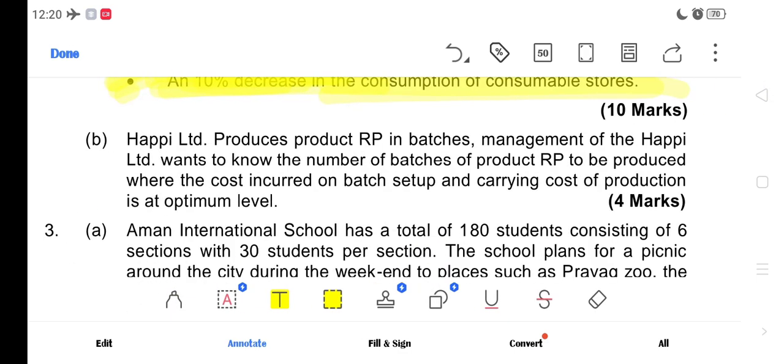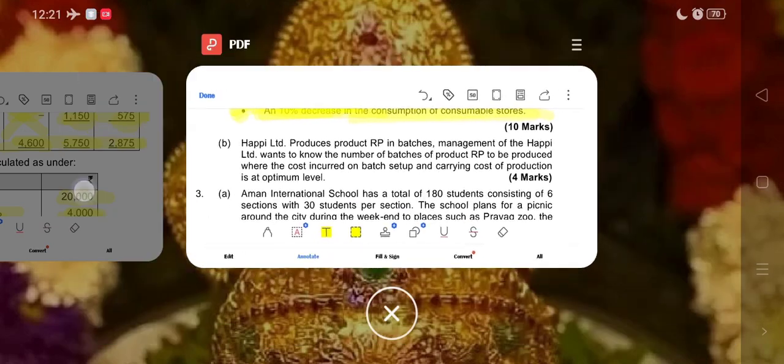Now in part B they are asking about Happy Limited, which produces product RP in batches. So management of Happy Limited wants to know the number of batches of product RP to be produced, where the cost incurred on batch setup and carrying cost of production is at optimum level. Optimum level. So what is this, guys? In the question itself, if you read it, it should strike in your mind that he is talking about economic order quantity, economic batch quantity. Okay, so this is a theory question,